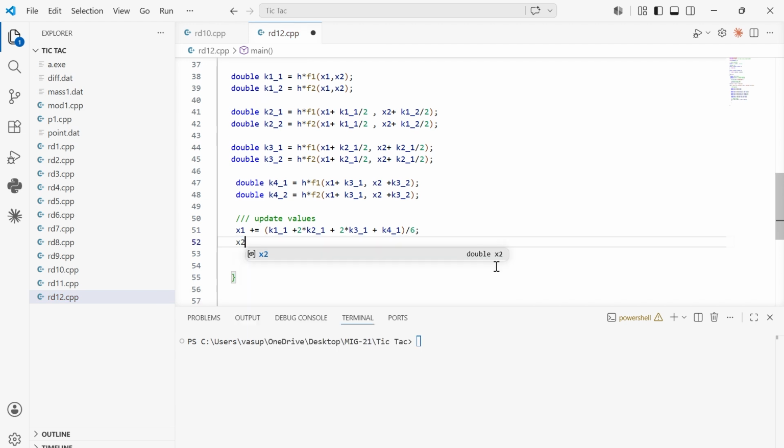So now we have to write in here the same x2 plus equal to, so instead of k1 we have to write it as k. Control V. So we will be writing in here k12, k22, k32, k42. So this is for the position update values and this is for the velocity, and same will be